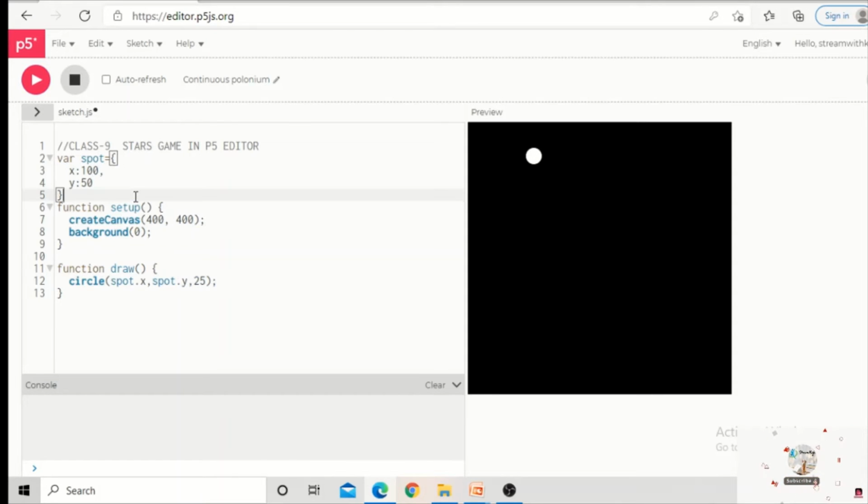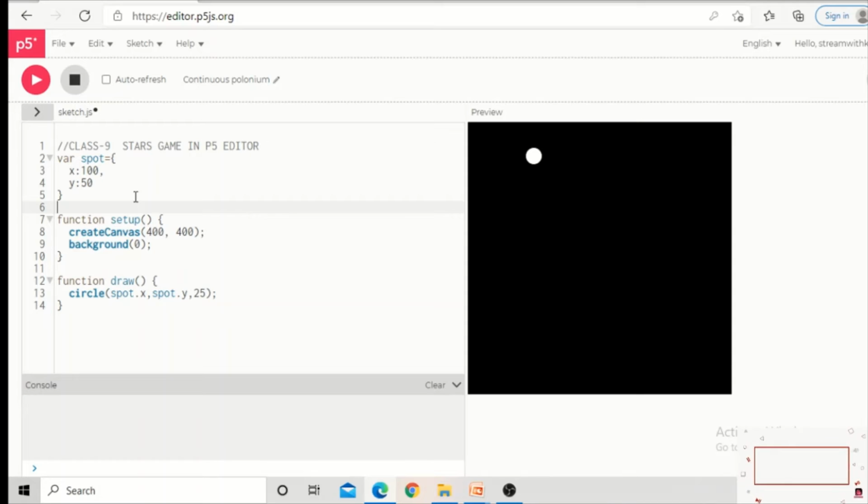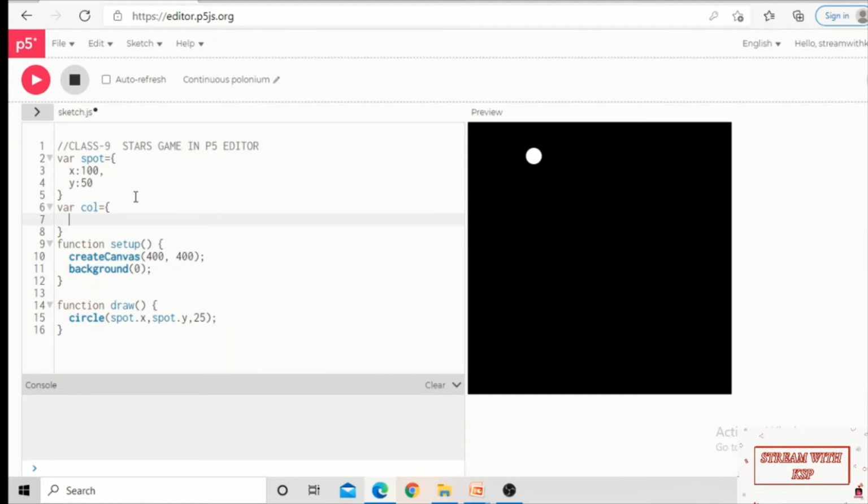But for filling the color, again I'm going to declare one more variable called color, which is equal to, again a curly bracket, and every time we will be giving three numbers for the color. Here I want to give RGB as the variables. So my first variable is the red color, that is variable r.